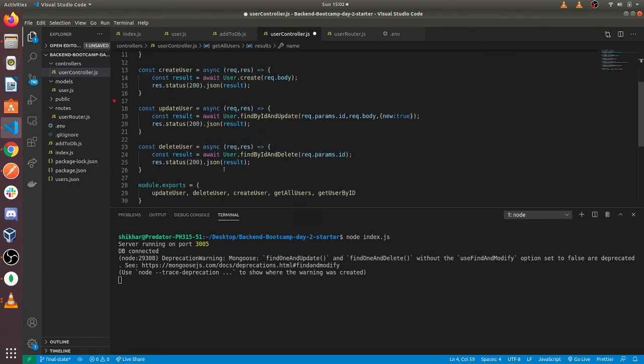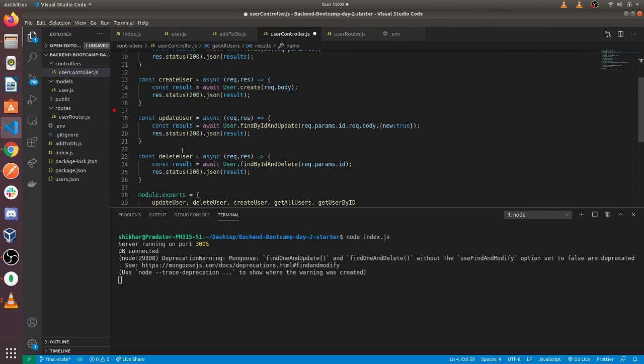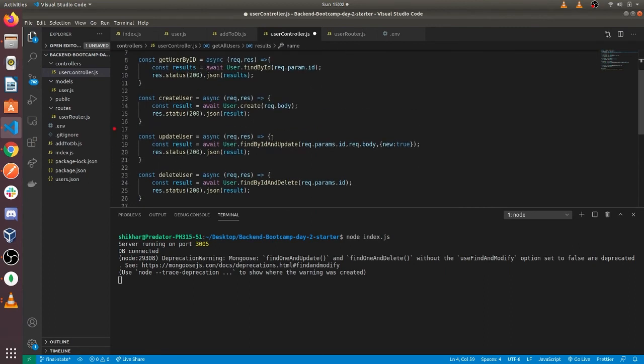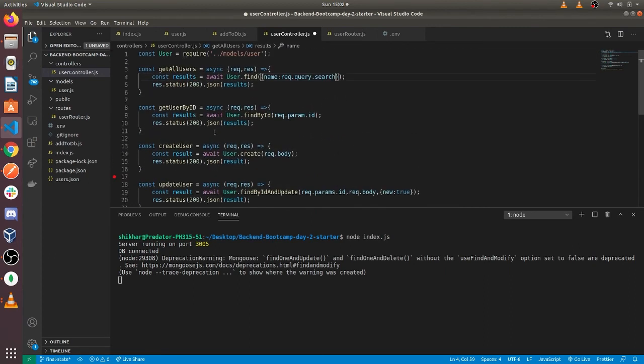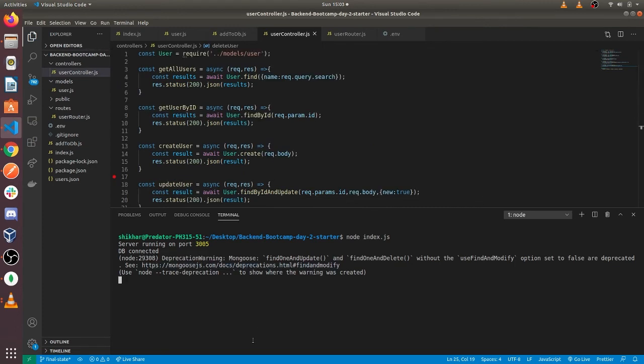Now if we provide a search query, this will only return the name I've searched for. And we don't really need to return the user after updating it, just a 204. We'll have to run our server again.